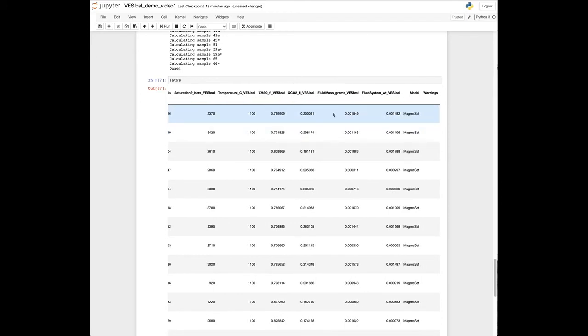And we've included the fluid mass in grams and the fluid system weight percent, that is the weight percent of the system that is fluid. So if this were 2, that meant 2% of your system is fluid and 98% is liquid. These are very, very small because, of course, in theory, at saturation, this number should be infinitesimally small. But because we can't calculate something that's infinitesimally small, MagmaSat does its best to find the smallest value for the